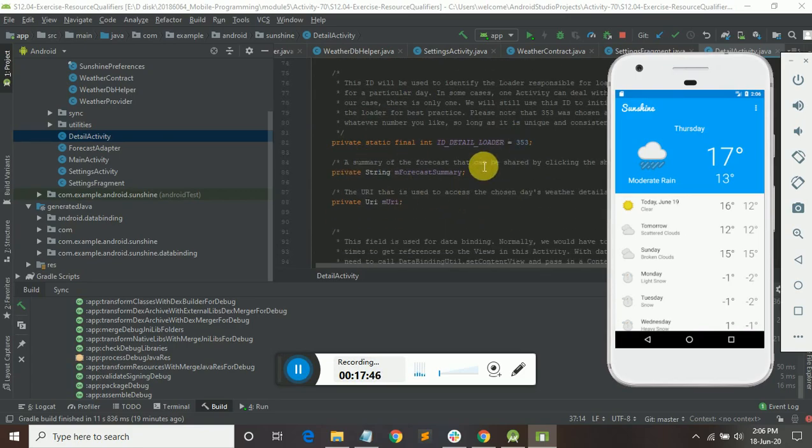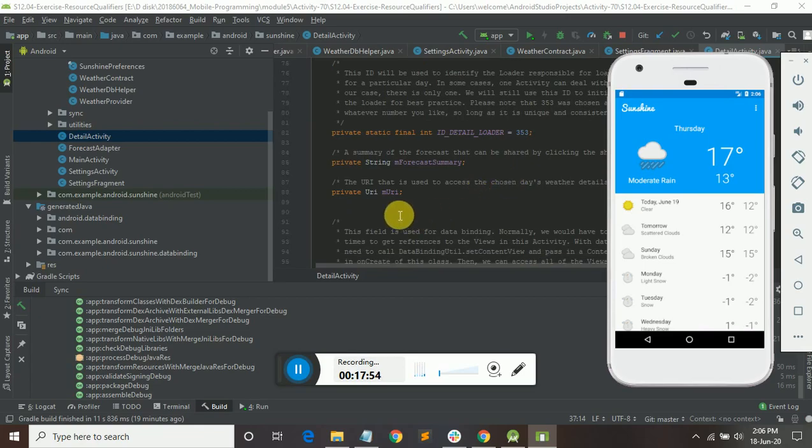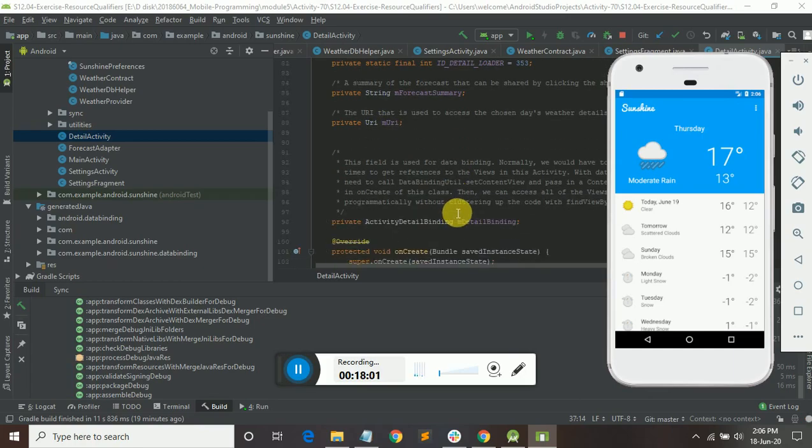And in the detail loader, this is a number we are giving as a fixed number, that not more than that we need to show. And for private, we are taking a private URI, like we get a URI from another file.